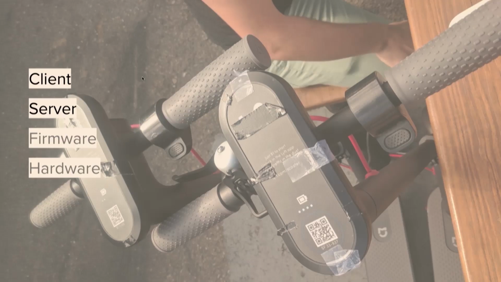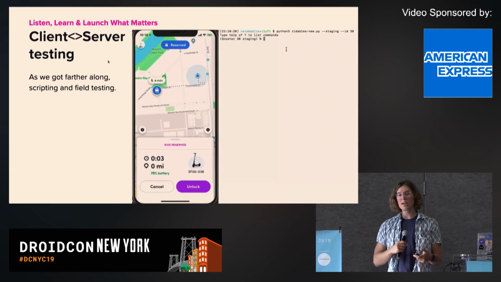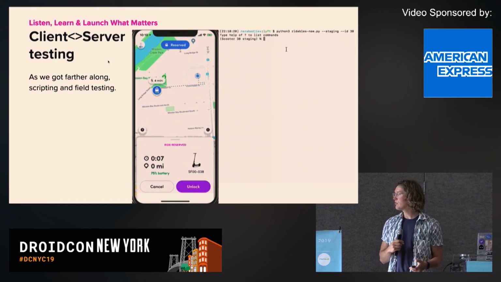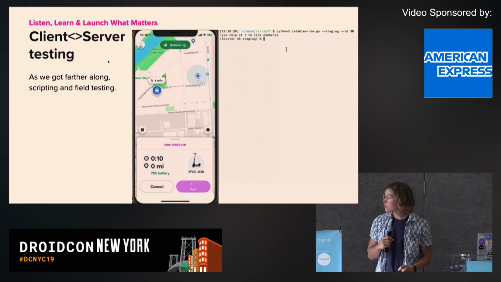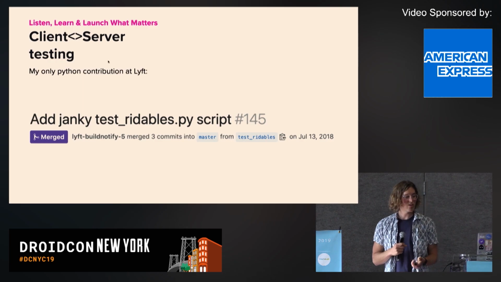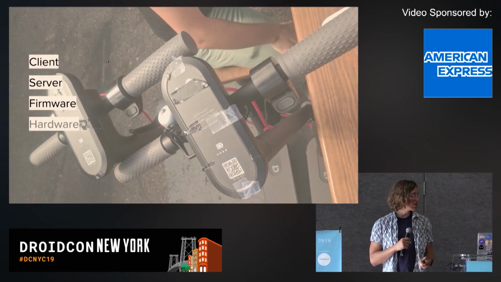And once we actually got the server up and running, we still didn't have the full stack. So I got really good at writing scripts. Scripts to emulate what the hardware and firmware would be doing, and then making sure both the client and server behaved correctly. So this was also the only time I've ever submitted Python code, which is sad because I had done Python for many years before entering the Android world, and it just looks so different now. I don't know what I'm doing anymore. But this was super useful. It really empowered us to get going.